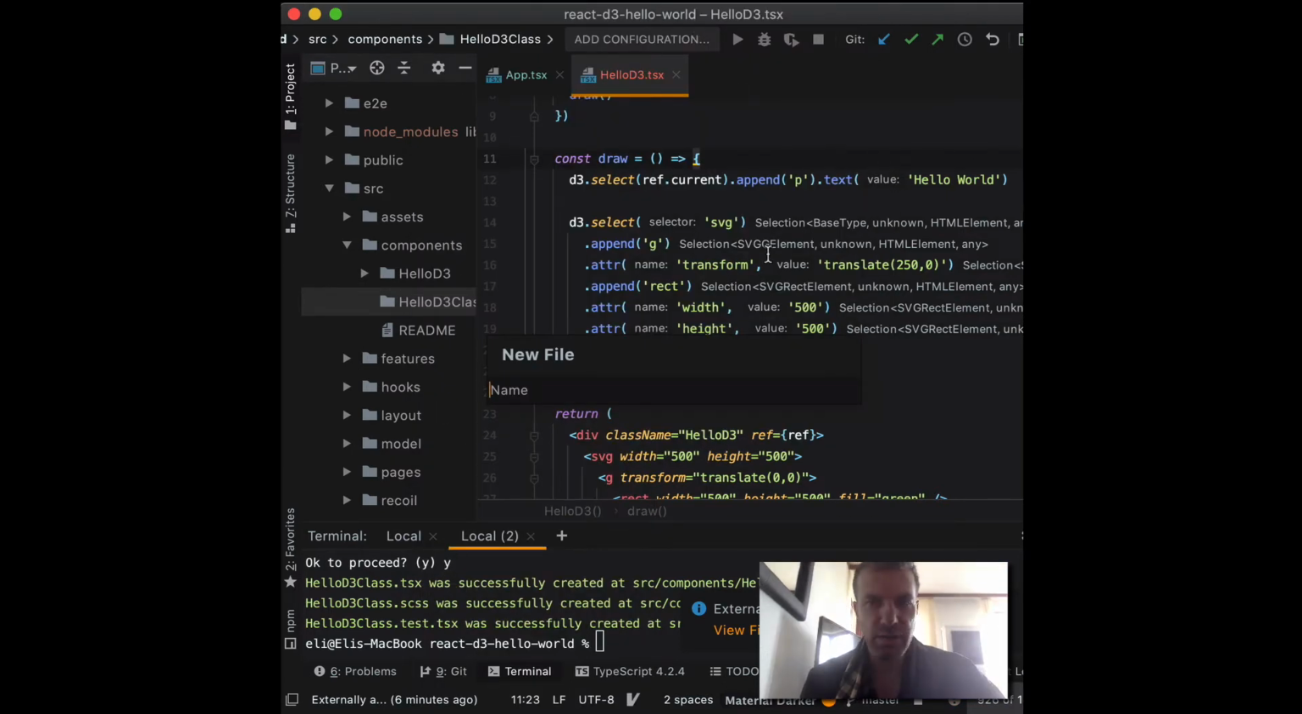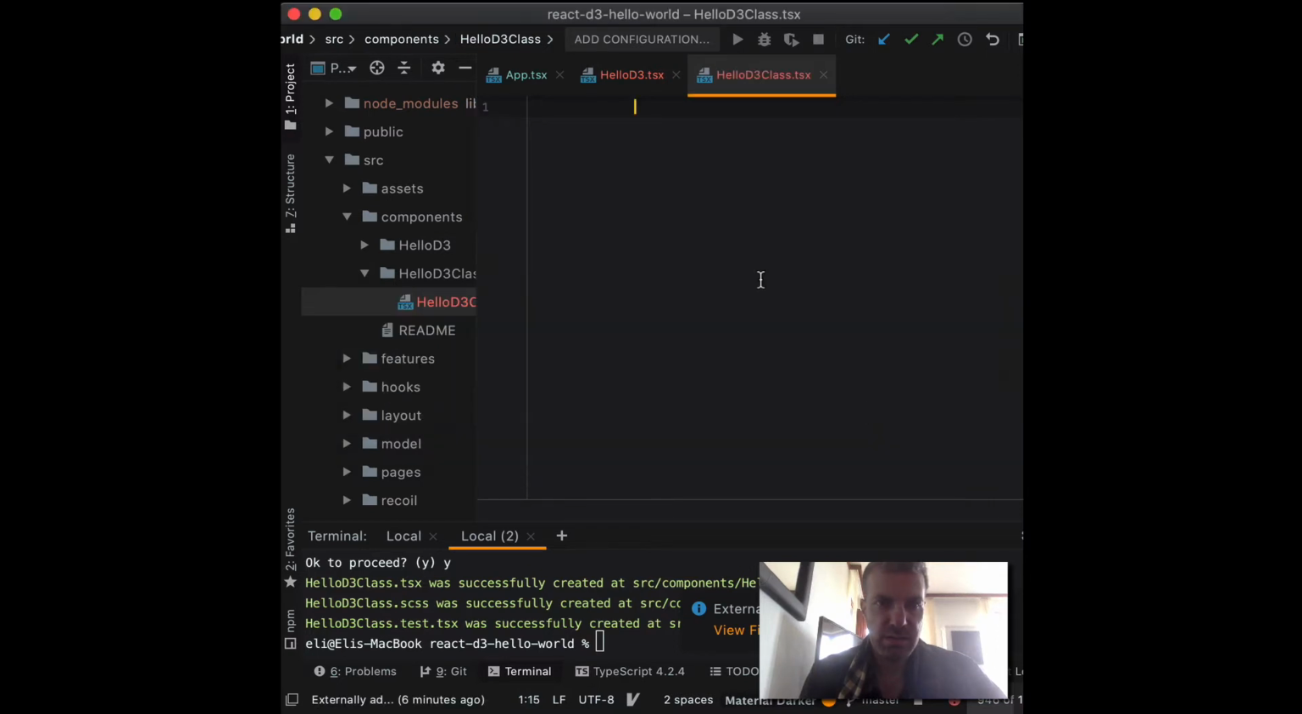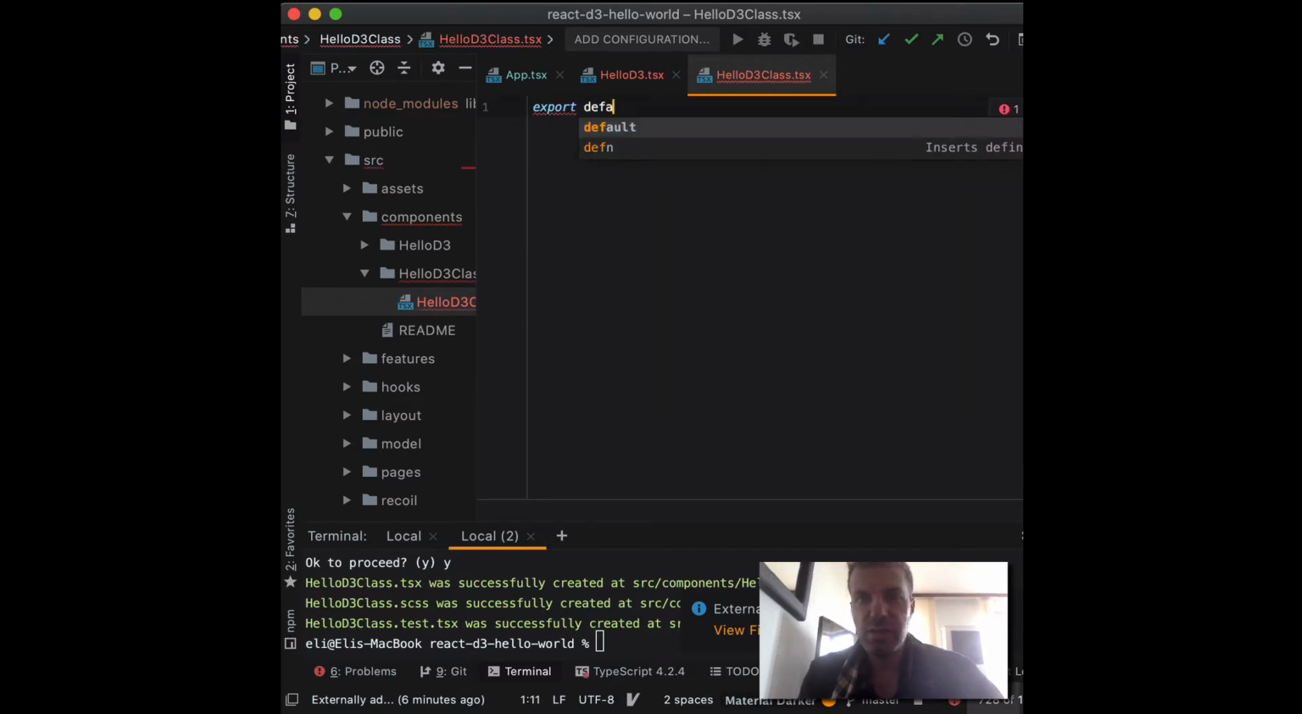I'm going to call it hello d3 class .tsx. Here we go. And the process is really similar. What I need to do is first export the default class and let's call it again hello